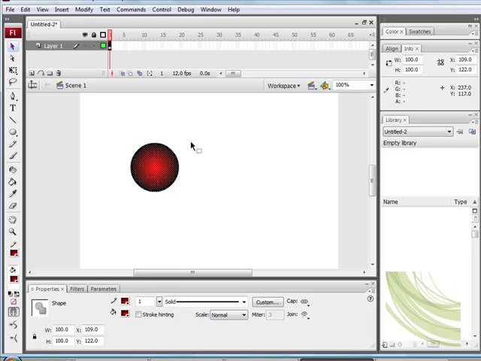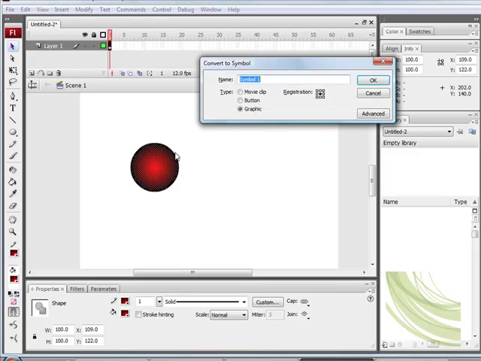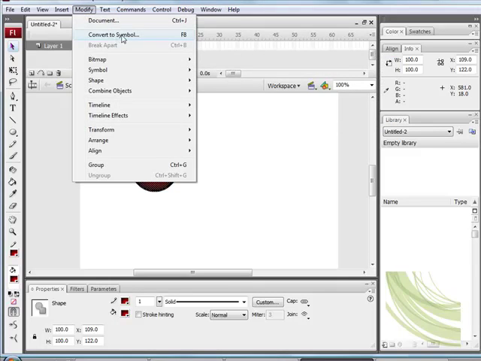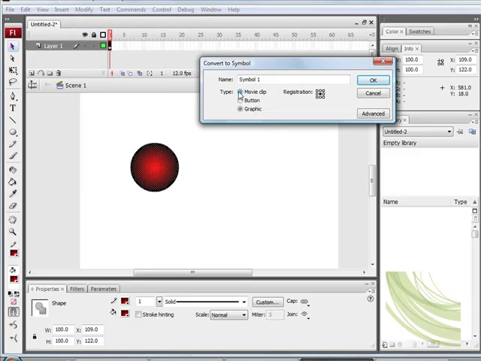Okay, now the next thing I want you to do is we need to convert this into a movie clip symbol. So we can go ahead and press F8 or go to Modify and Convert to Symbol, and from here what we need to do is give this an appropriate name. So I'm going to say circle